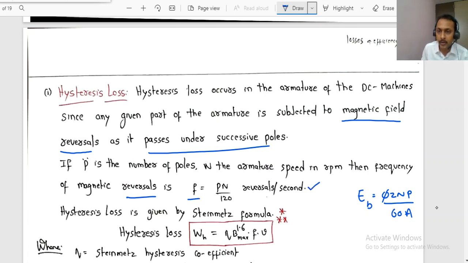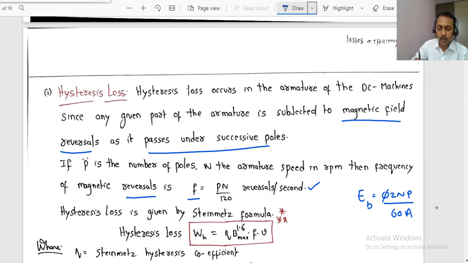This is important. Whether the frequency is 50 Hz, 60 Hz, or some 25 Hz, that will depend upon Pn by 120. P indicates the number of poles, N indicates the speed, right? Based on that we can decide the magnetic reversal